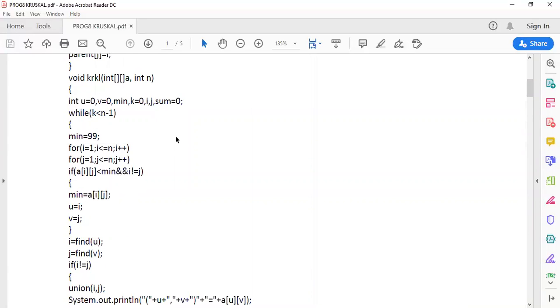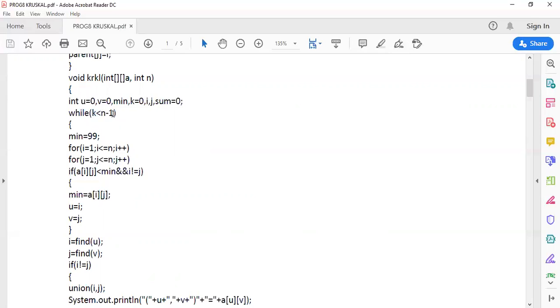In this member function, we have a while loop, and this while loop is repeated till the value of k is less than the number of vertices minus 1. Why is this condition n minus 1? The minimum spanning tree will have a number of edges equal to the number of vertices minus 1.